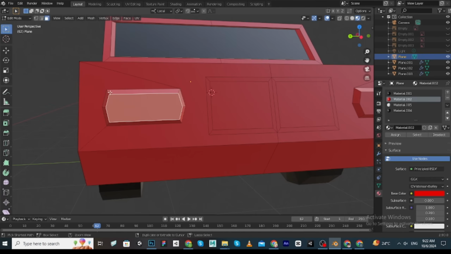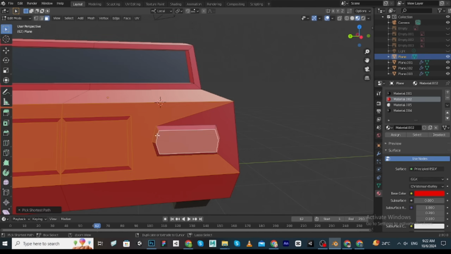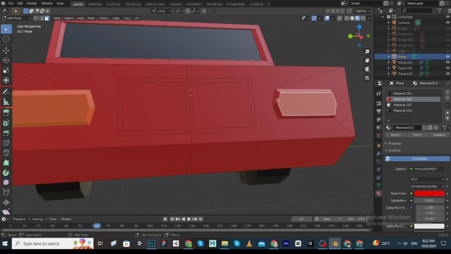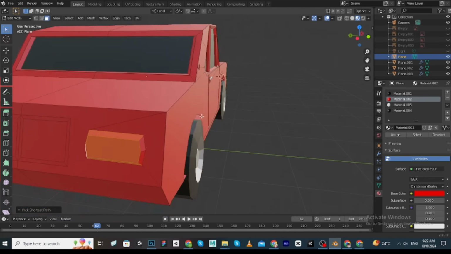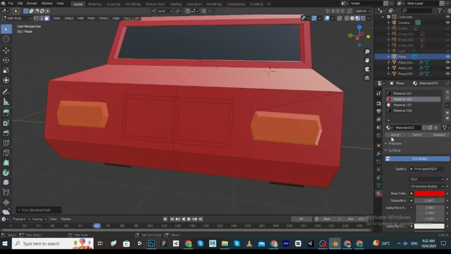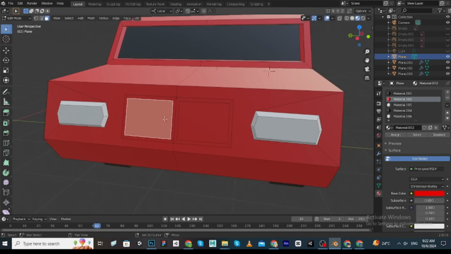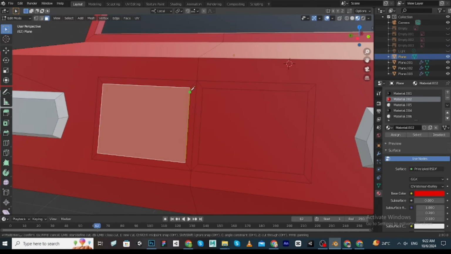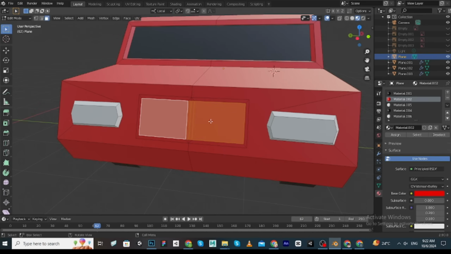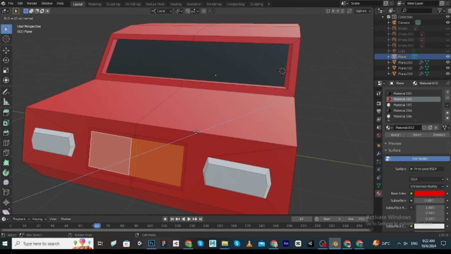Again K and select these faces. I and extrude inwards and color them to again black. So guys, we did our first car as well as some,